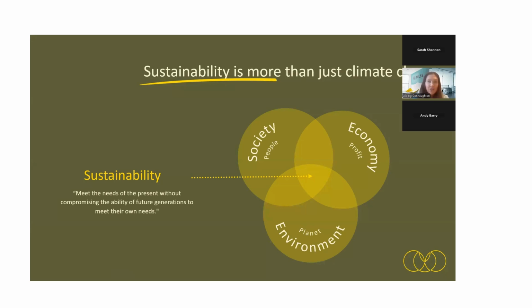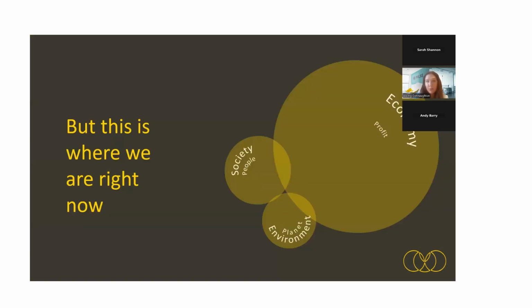One of the challenges we've really discovered is that as a species, we have not figured out how we grow this economic bubble, so how we make money without exploiting the planet or exploiting people. In academia, we blow out this economic bubble where we're saying we need to figure out how to make money. Making money is a great thing, but how do we do it by maybe serving people and planet instead of exploiting them? You can see this is where we are right now, an economy that is extractive and that is take.